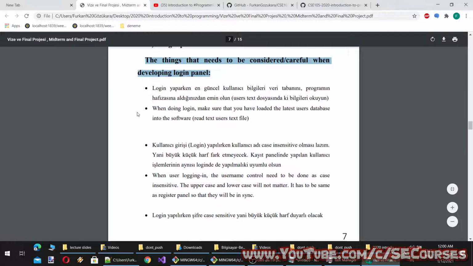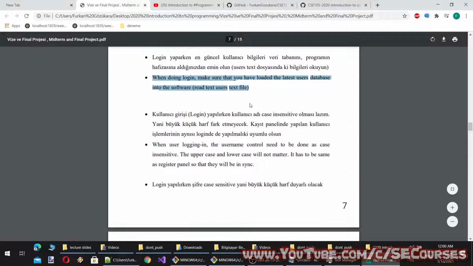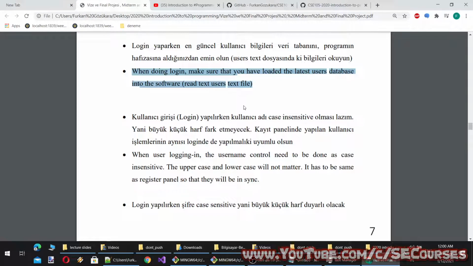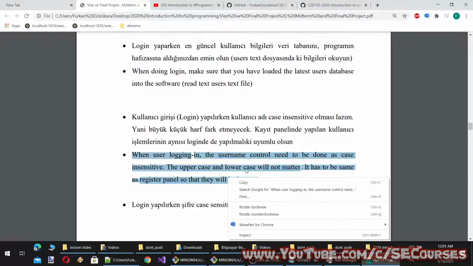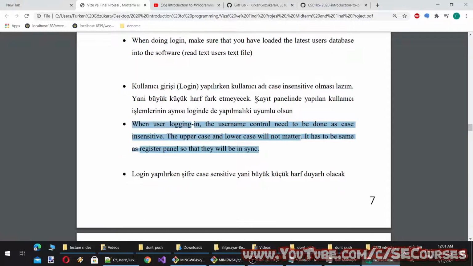The things that need to be considered carefully when developing the login panel. When doing login, make sure that you have loaded the latest user database into the software. Read the user's text file. When the user is logging in, the username control needs to be done as case insensitive. The uppercase and lowercase will not matter. It has to be the same as the register panel so that they will be in sync.